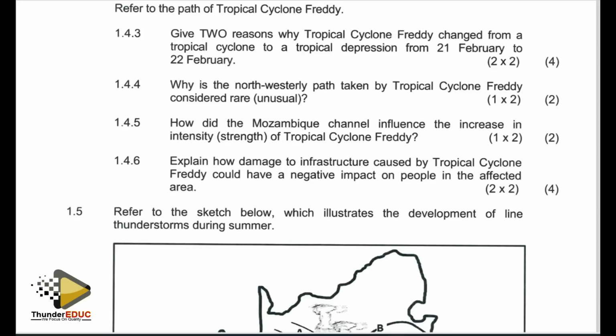But in this instance, it defied that. So why was it unusual? It is unusual because the northwesterly movement defies the typical clockwise rotation of tropical cyclones. We tend to find them having to twist slightly to the left or to the anti-clockwise as they get inland over Africa here because of the influence of Coriolis force. But in this instance, it's unusual because it's going against that circulation rotation. It's defying that rotation, which means it's an unusual movement of that tropical cyclone.